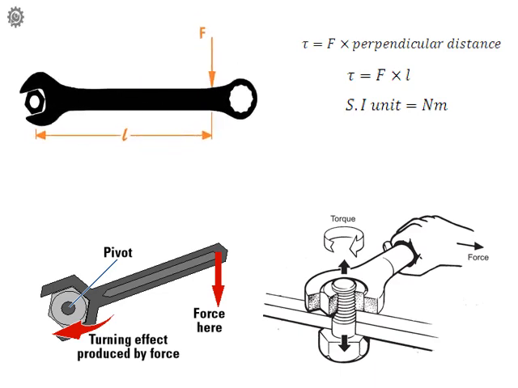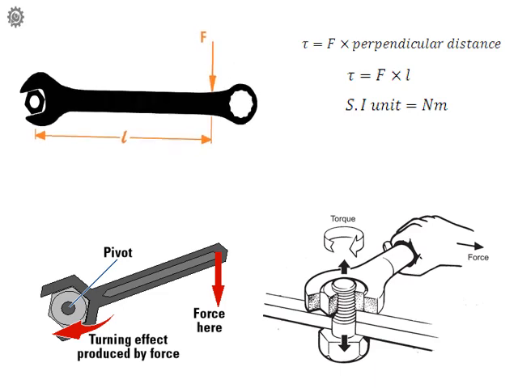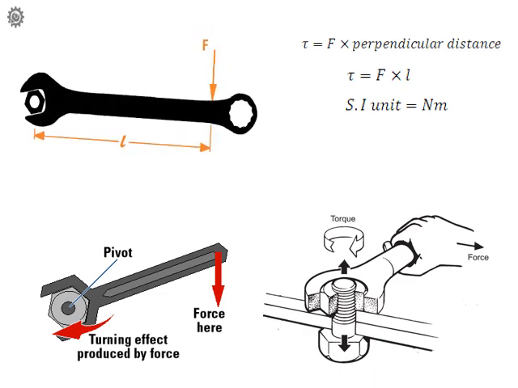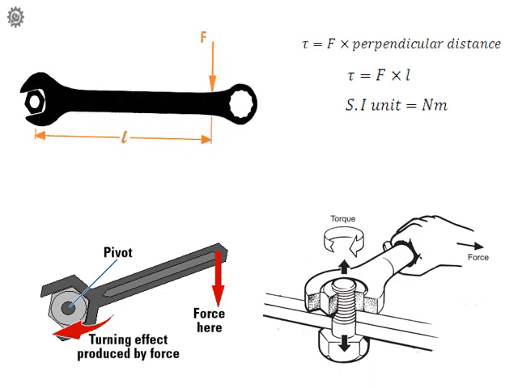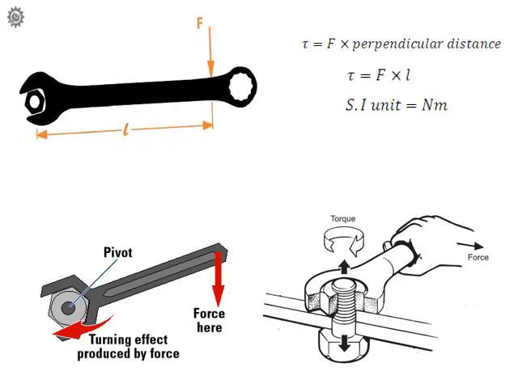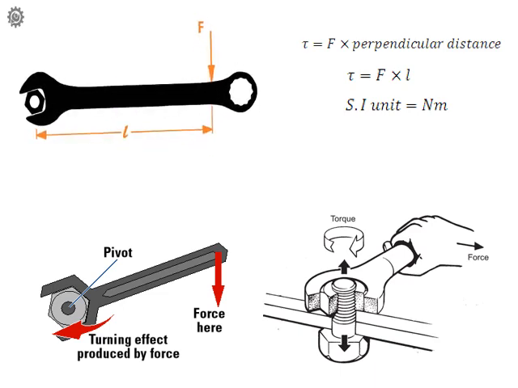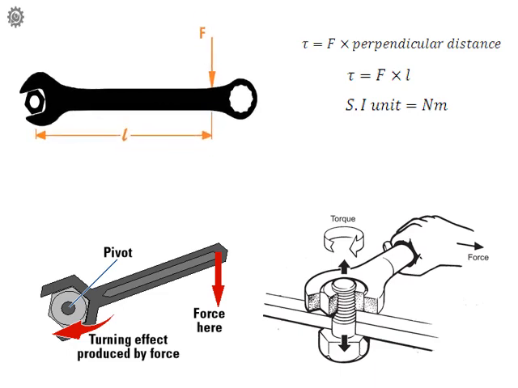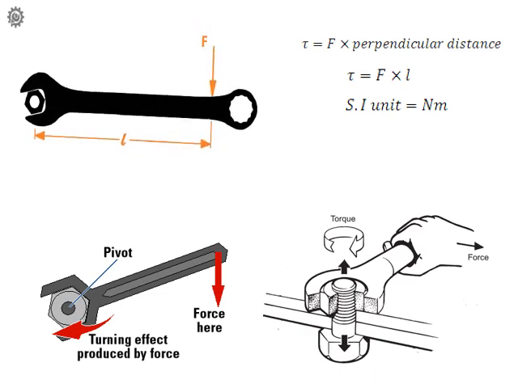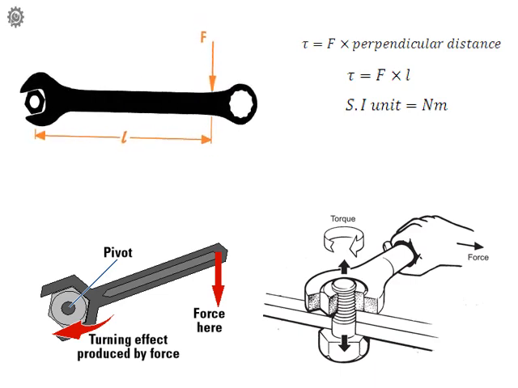Usually when we apply force to an object, the displacement takes place in a straight line motion, or the change of position is always along the straight line whenever a force is applied to the object. But torque is always referred to a turning effect. So whenever the force is applied to an object and you specify that it experiences torque, you have to remember that torque gives rise to a turning effect due to the force applied on the object.